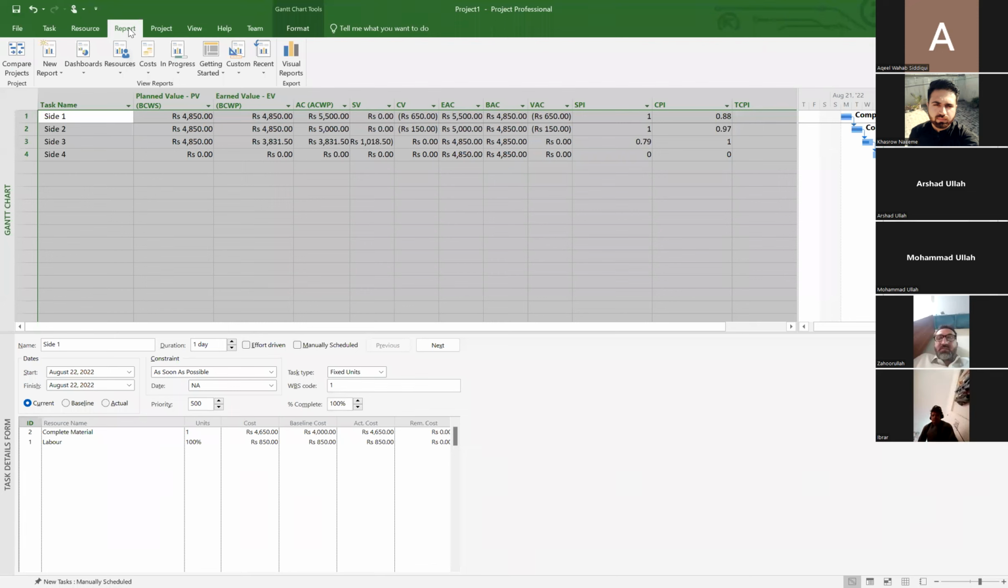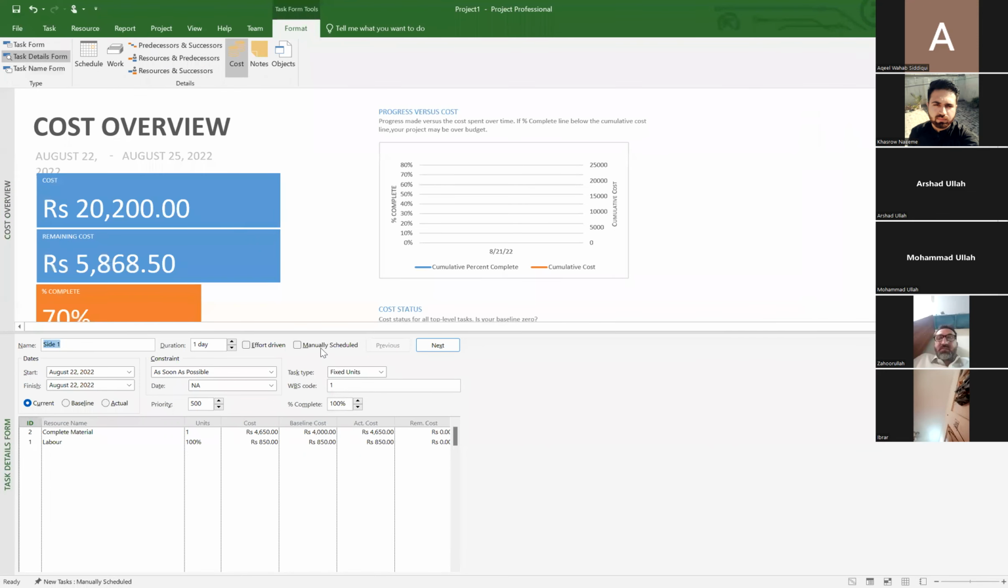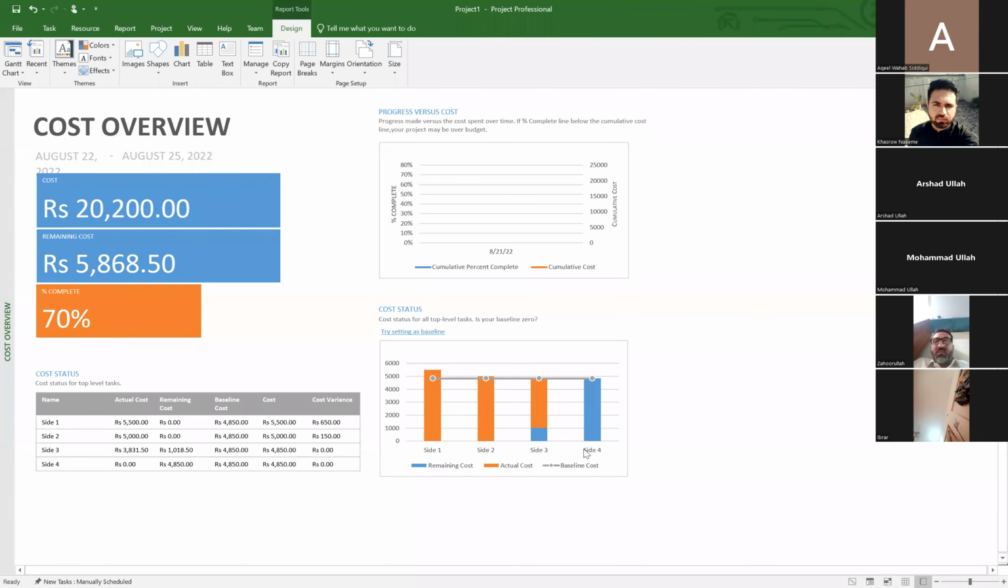For example, I click reports and then I click the cost overview for instance. So जब मैं cost overview पे क्लिक करता हूँ तो मेरी सारी डिटेल्स मेरे पास ऑटोमेटिकली बहुत अच्छे ग्राफ में आ जाएंगी। अब यहाँ पे देखिए साइड 1 2 3 4, एक्चुअल कॉस्ट मेरी ये आ गई, रिमेनिंग कॉस्ट मेरी ये हैं, बेस लाइन्स मेरी ये थी, कॉस्ट मेरी ये थी, और ये मेरी वेरिएंसेस आई हैं।